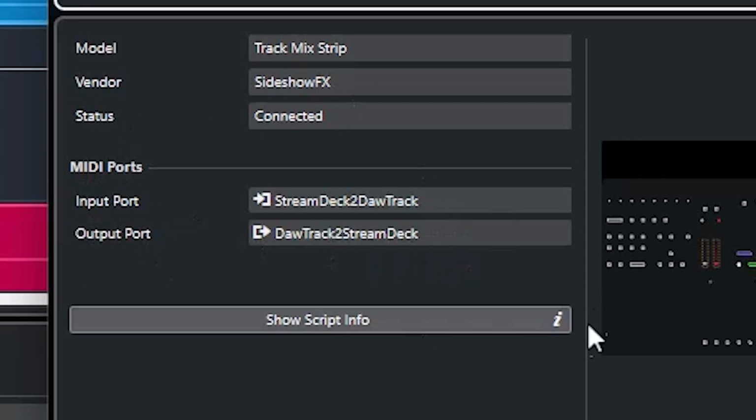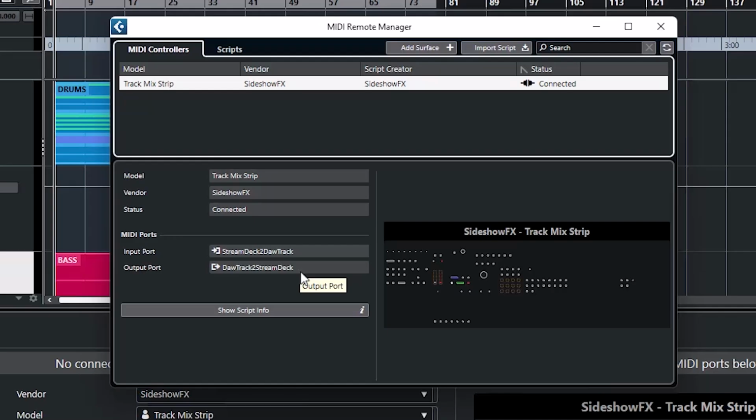It should auto-populate correctly, which it has. In case it hasn't, that's what you want to make sure it looks like right here. Now quick controls are one of the features that we have in this pack, and with the track mix strip that in Cubase 12 and 13, the quick controls get brought along with it. If you want to use quick controls in Cubase 11 or earlier, we have to manually assign it with a new quick control XML. So how we do that,